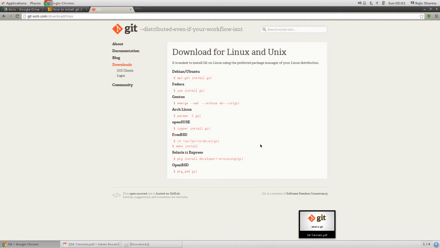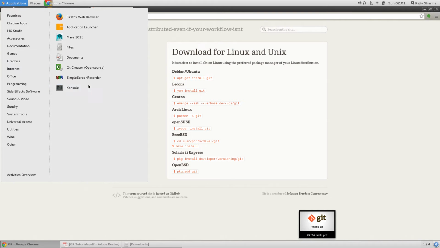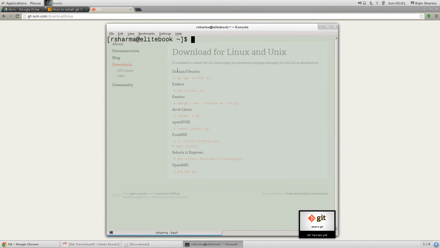I'm using CentOS, and in CentOS you can just type yum install git and it'll install Git for you. In my case, I already installed Git, so it's there, but you can type yum install git and it'll install Git for you. But remember, by this yum process you will get Git version 1.8 something, and the current version is